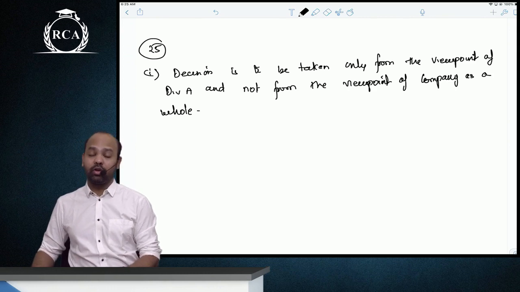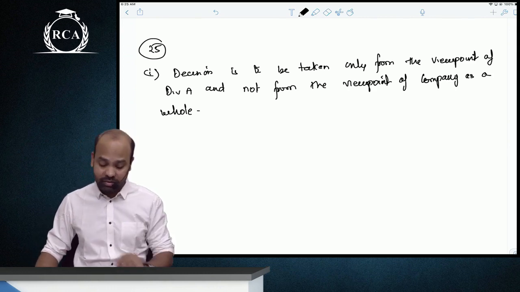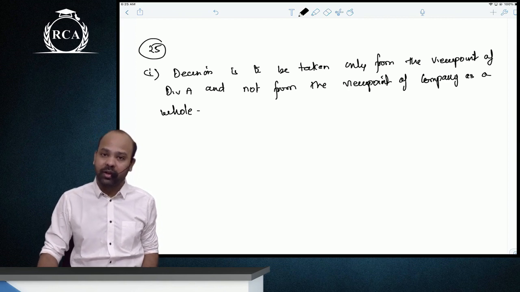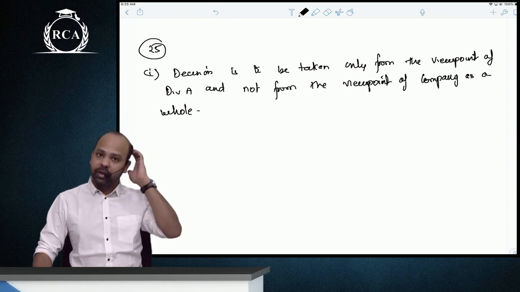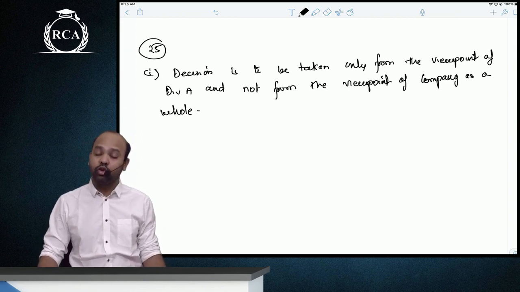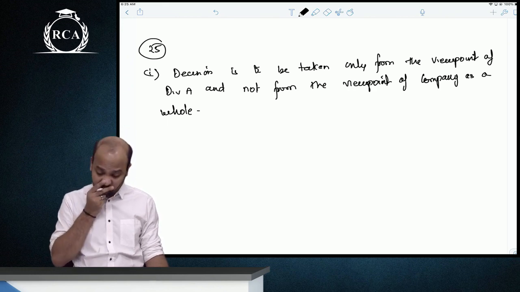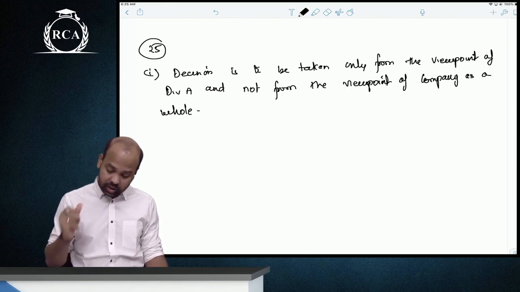The first important point of this question is this only, that the decision is to be taken from the viewpoint of division A and not from the viewpoint of division B. In the previous question, guys, we took decision from the viewpoint of division X, but then we still took maximum transfer price, which is still taking decision from the viewpoint of the company. Yes or no? Yes, sir. So here,